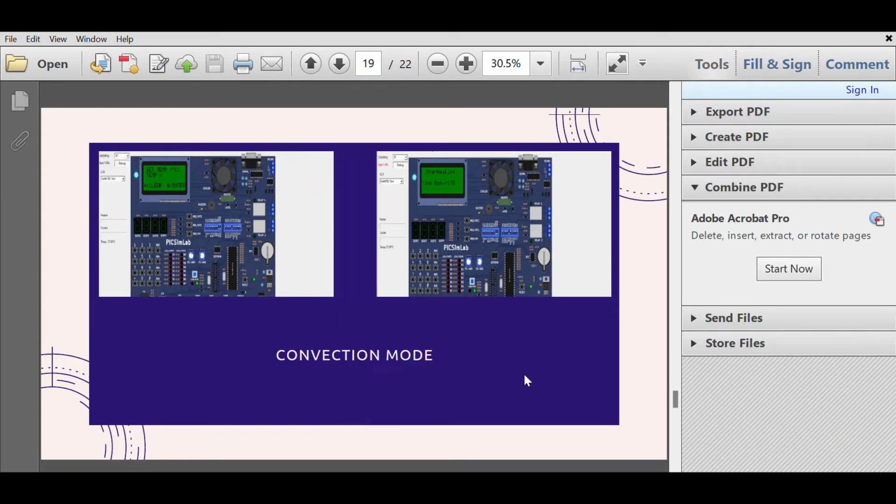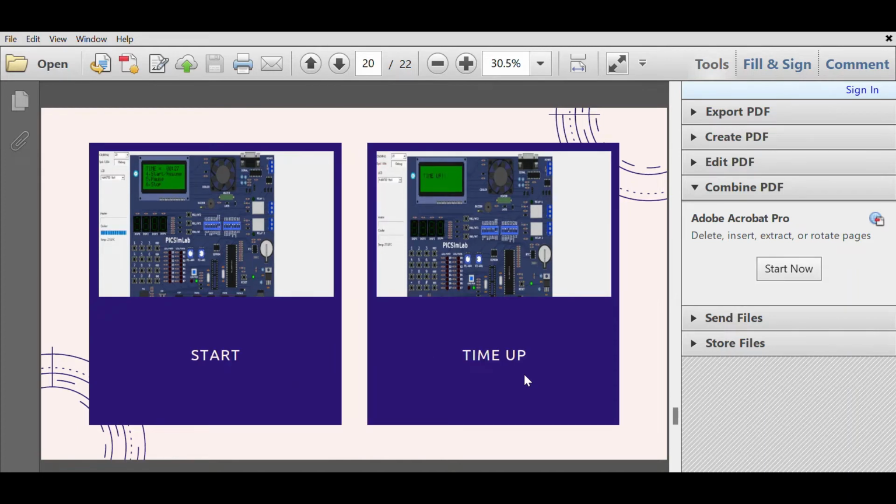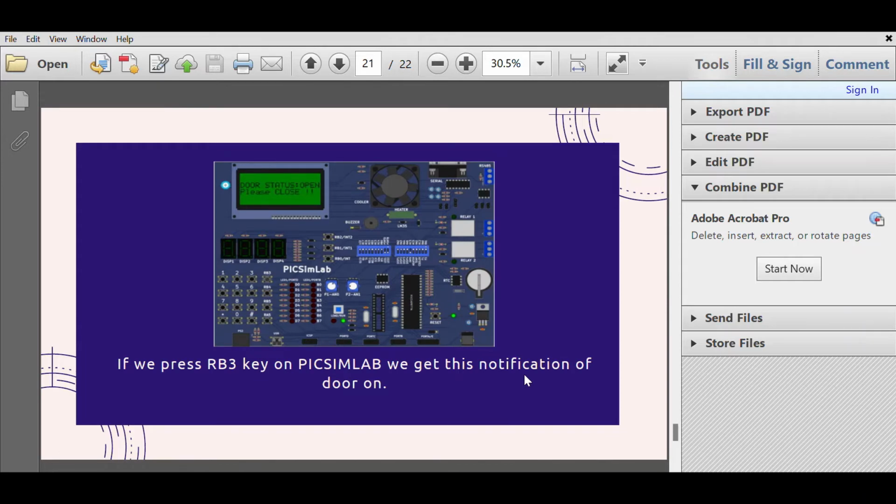In the convection mode we need to set the temperature and there is a preheating timer mode as well. We have the start mode in the last, which is an automatic start mode which has a 30-second default timer. The buzzer goes off once the default timer is completed. Once the timer is completed, we can see the time up on the screen. If we press RB3 key on the PICSIMLAB, we receive a notification that the door is open and we need